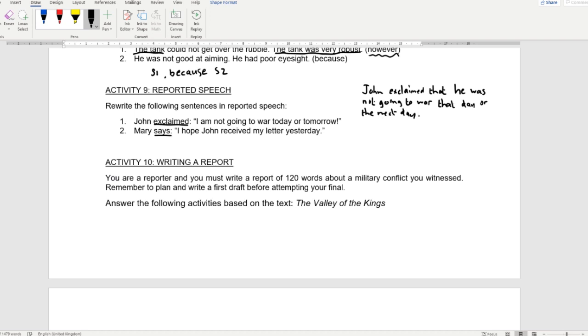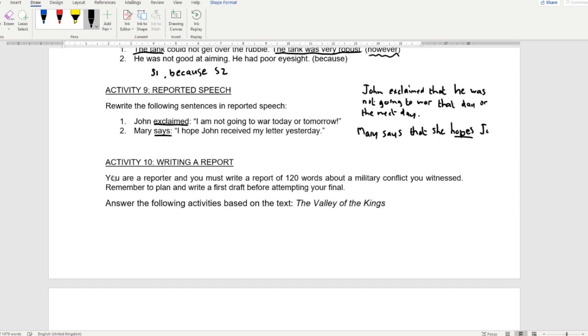And there we go. Now we get to the next one, which is Mary says. I only have to follow the rule of the pronouns here because says is in the present tense, my reporting verb. So Mary says that. Now she needs to change, and hope, I can't just write hope like that. I have to add the S because the singular form of hope is hopes. She hopes.